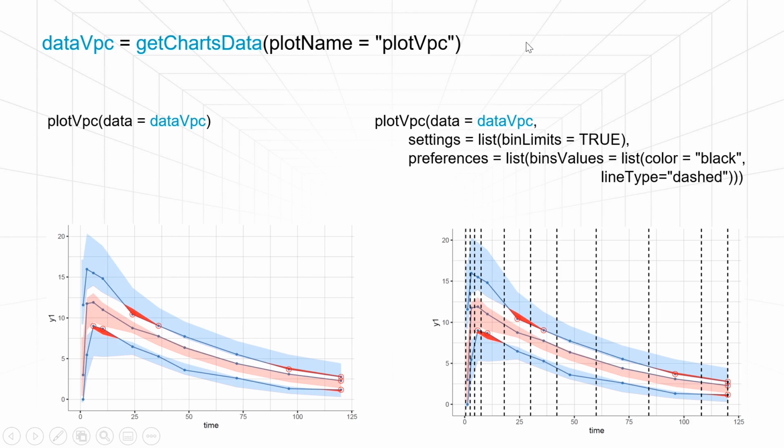Finally, if you want to generate the same plot several times with different settings or preferences, a convenient approach is to first generate all the data from the plot with the function getChartData with the name of the corresponding connector, here plot VPC, and then use the connector to draw the plot based on the data with different options, here as default or with black dashed bin limits on the right. Drawing each plot is then much faster because the data don't have to be